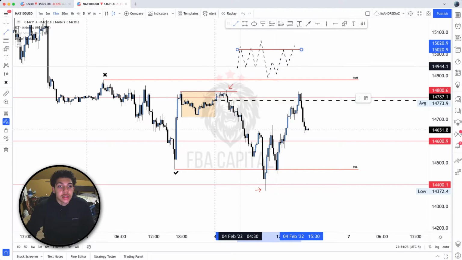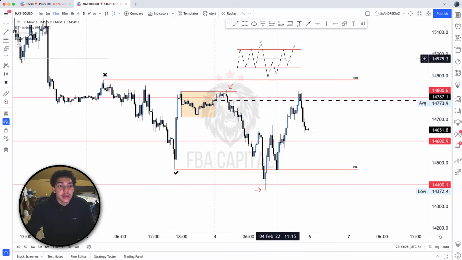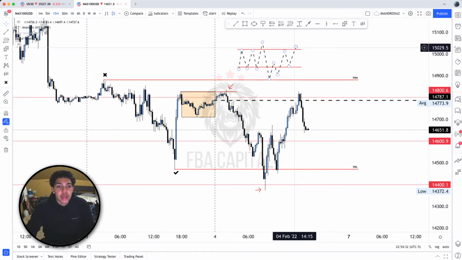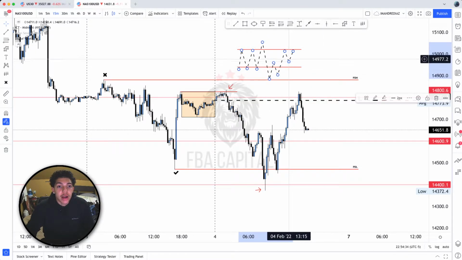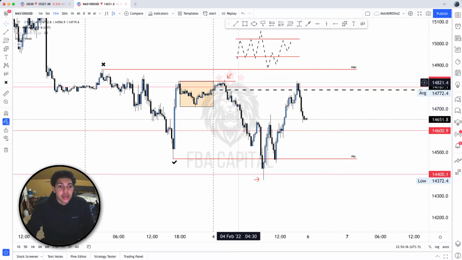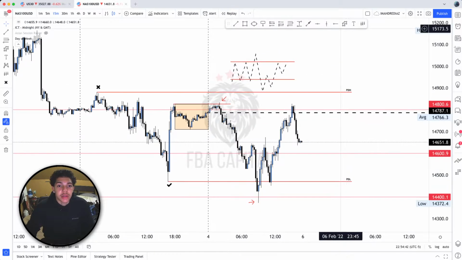Just based off of everything that we see, today looks like it was a bearish London continuation. It did show some signs that price had a willingness to potentially go higher, but it didn't clear the previous day's high, didn't clear the old London session high, and overall stayed within this range. So now let's annotate everything that happened.